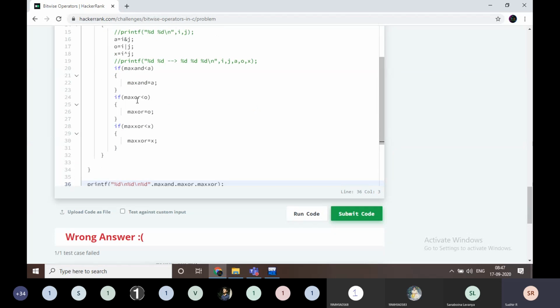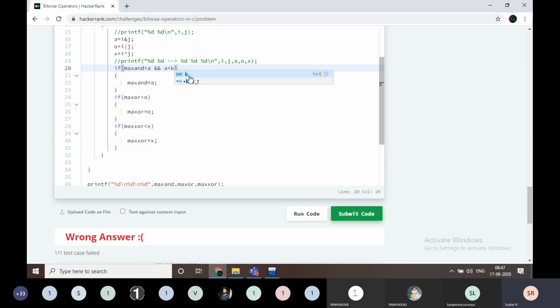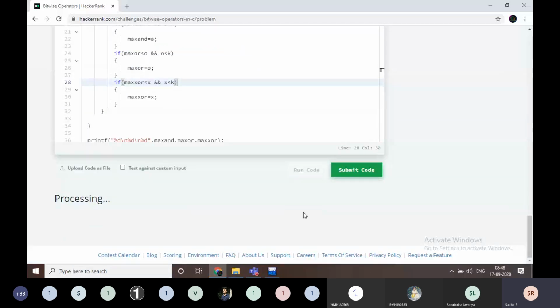I find the maximum values, but I want those which are less than K. I am going to write: and if A is less than K, and O is less than K. And here also I am writing and X is less than K. Then only I am going to consider it.